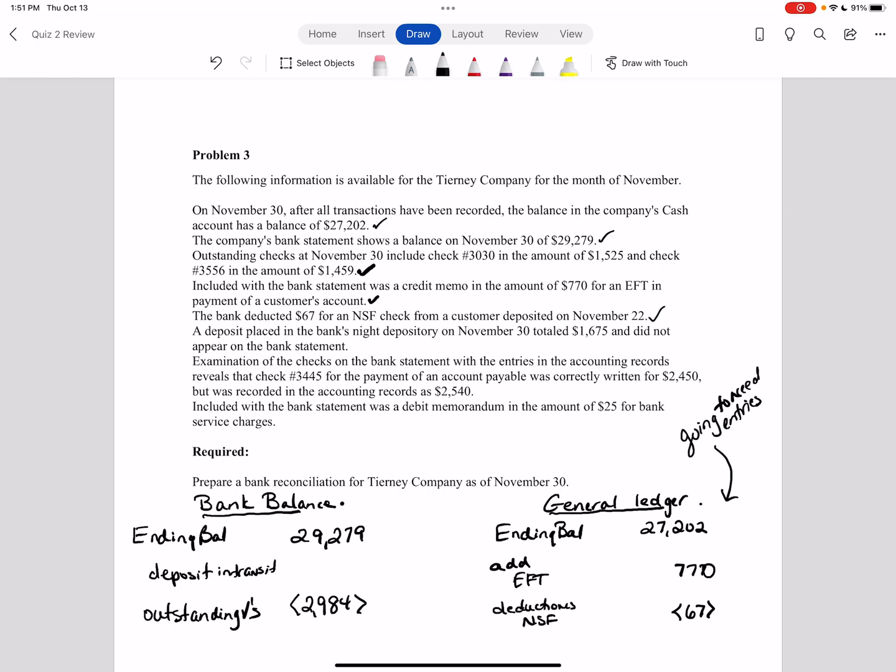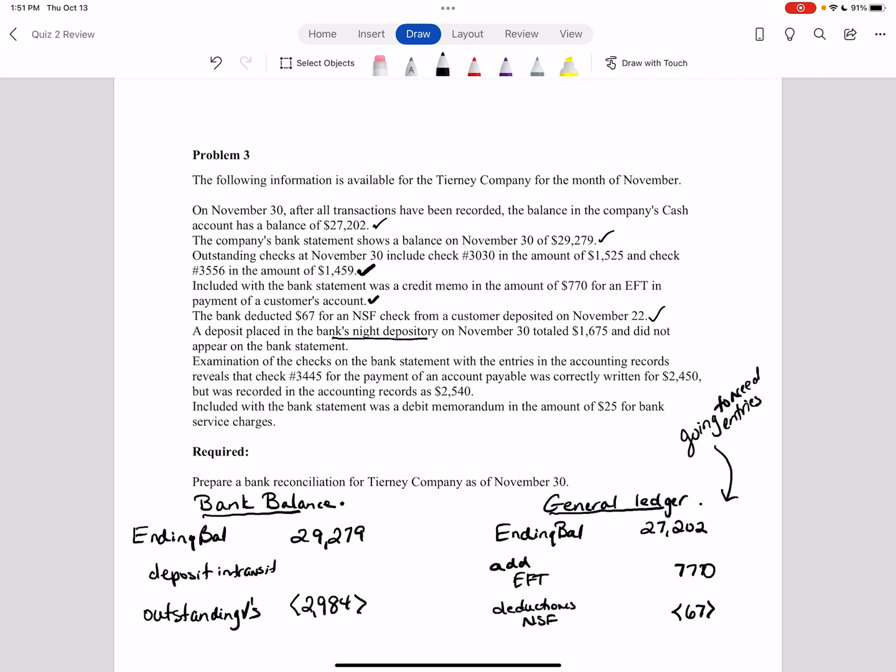Next, a deposit placed in the bank's night depository on November 30th totaled $1,675 and did not appear on the bank statement. Now, you've probably never heard this term, night depository, right? It's kind of an old school thing. If you worked probably at a restaurant or a bar and had to make deposits late night, you might be familiar with it. But it's basically a secure window for people to come and drop deposits at the bank after